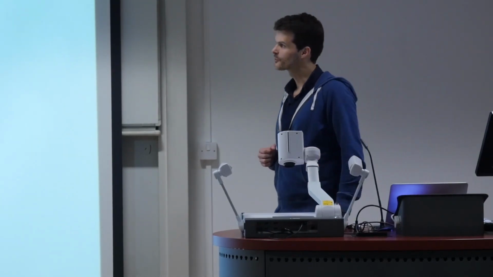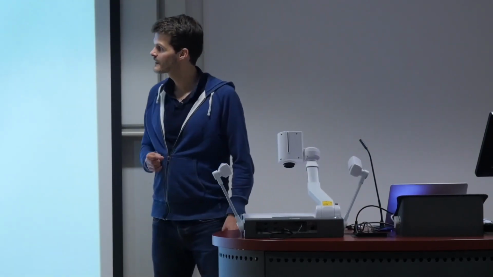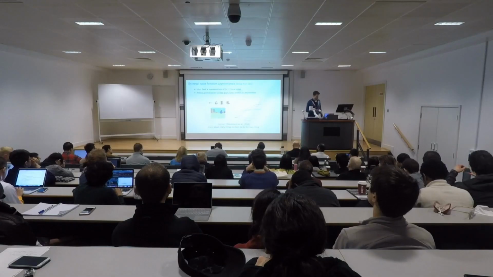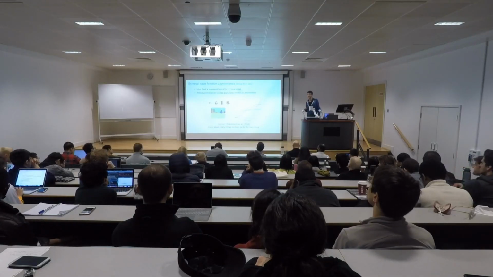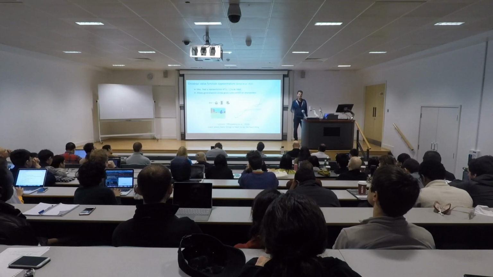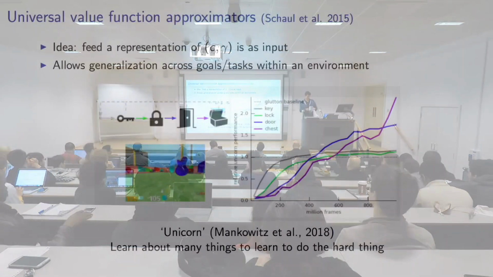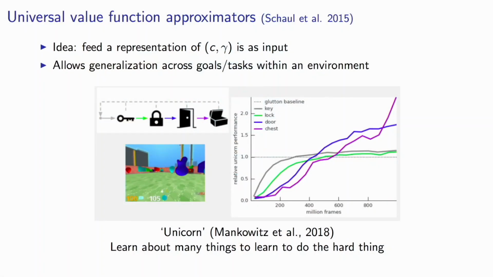So this is an example, a recent example. Maybe the more general idea, which is also the title of this slide, is universal value function approximators, which is basically just, we have these general value functions, we might want to do something with them. So now can we maybe learn these? Can we build function approximation techniques, or can we build functions that actually capture this?